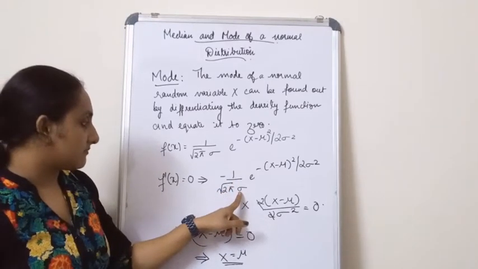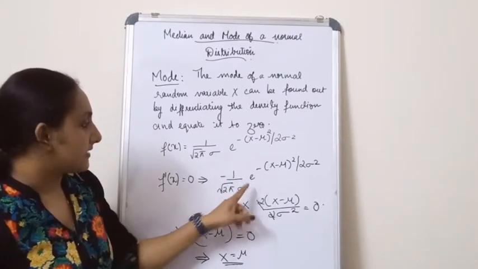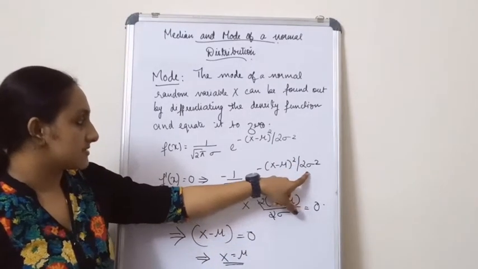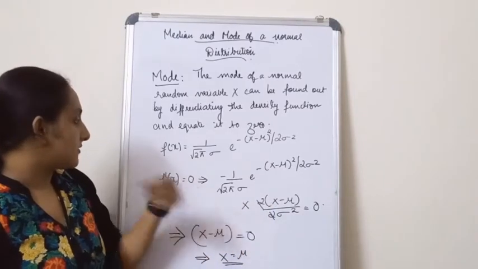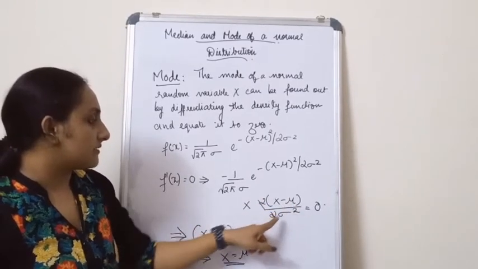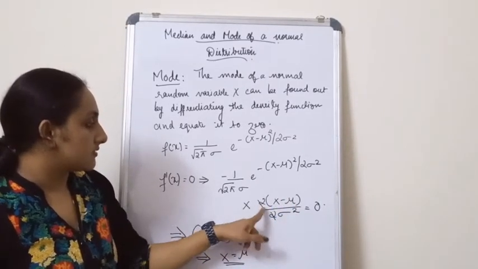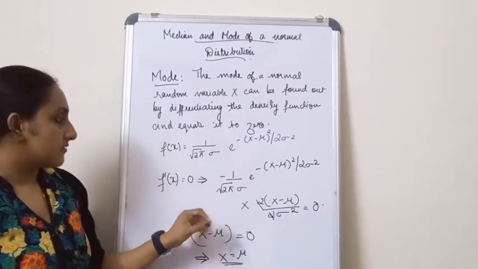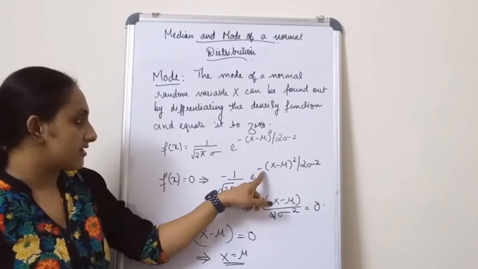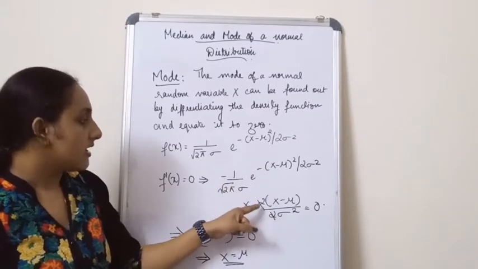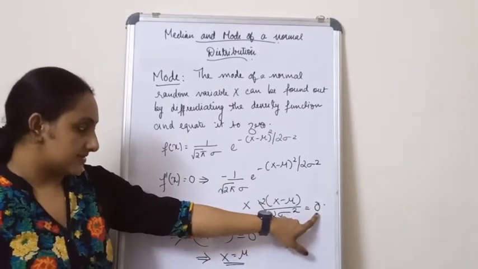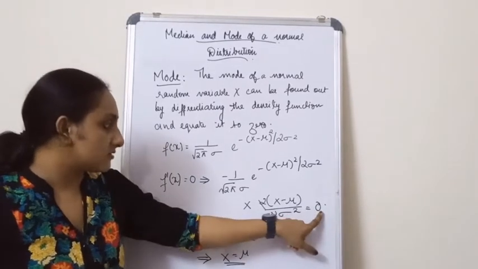1 by root 2 pi sigma. So here I am giving a minus over here, that I will explain to you later. E raised to minus x minus mu the whole square divided by 2 sigma square, multiplied by, I am differentiating this with respect to x, so multiplied by 2 into x minus mu divided by 2 sigma square. So this 2 and 2 get cancelled, and the minus of this, when I differentiate over here, I get a minus over here. Okay, so again all these terms go to the other side, and also the sigma square.